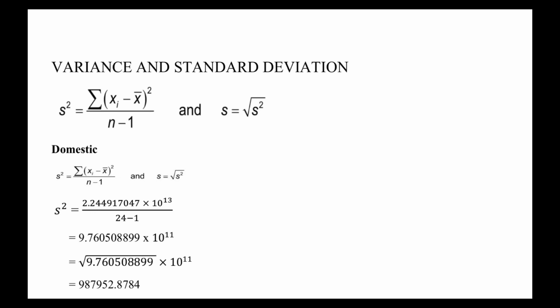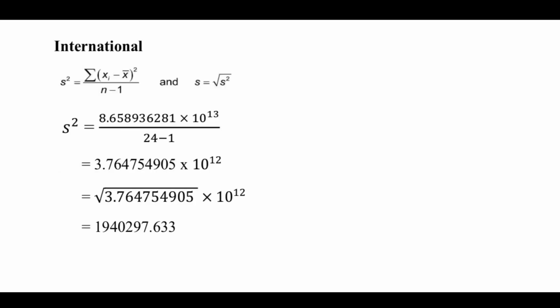The variance and standard deviation formulas are the sum of (x_i minus x bar) squared divided by n minus 1, and s equals the square root of s squared. The standard deviation answer for domestic is 987,952.8784. For international, we use the same formula as domestic, and the standard deviation answer for international is